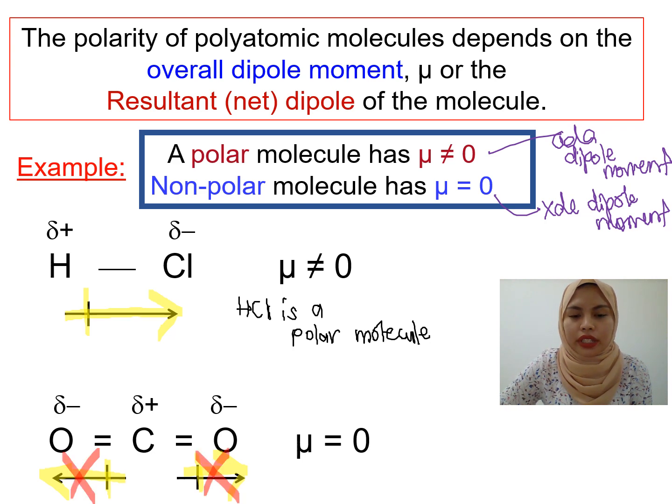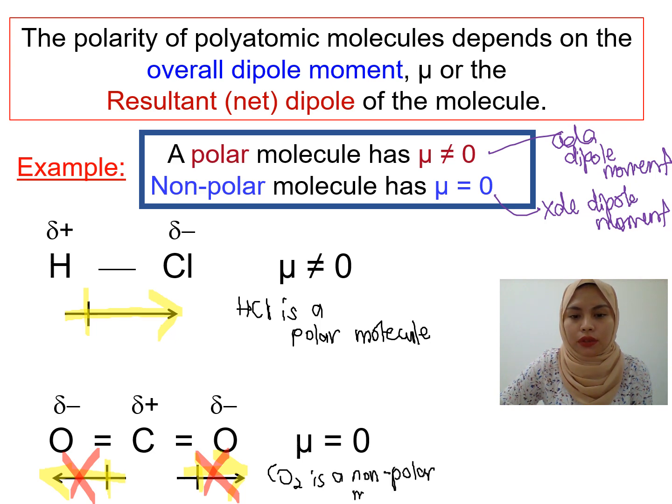So bila diorang punya dipole moment ni can cancel out each other, bermaksud dipole moment equals to 0. Okay, bermaksud molekul ni tiada langsung dipole moment. Sebab itulah dipole moment is equals to 0. So bila dipole moment is equals to 0, bermaksud molekul tu will be non-polar. So kat sini kita boleh simpulkan yang CO2 is a